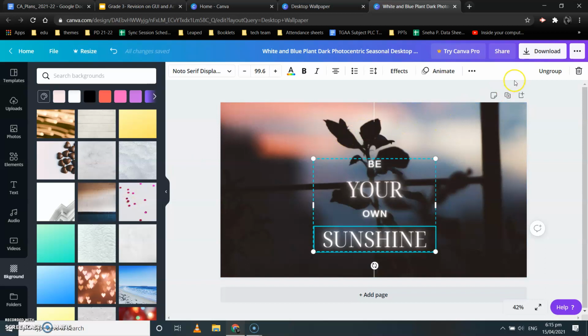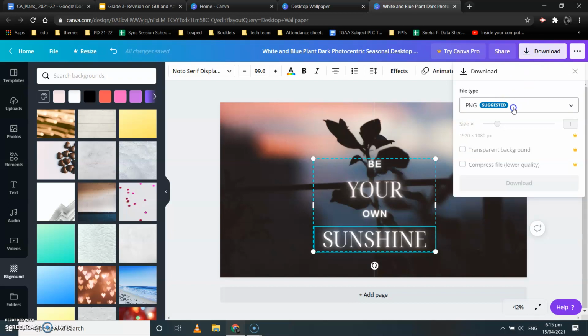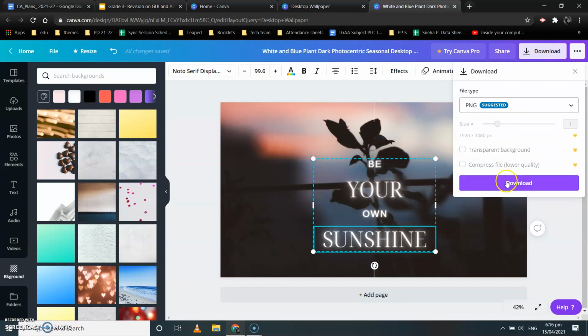Okay, so once you are done creating the wallpaper, you need to click on the download option. Now the file type that is suggested should be PNG or JPG. So you have to select the file type as JPG or PNG. I will select PNG and click on download.